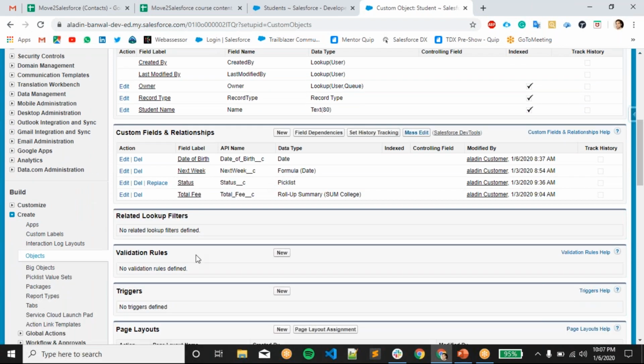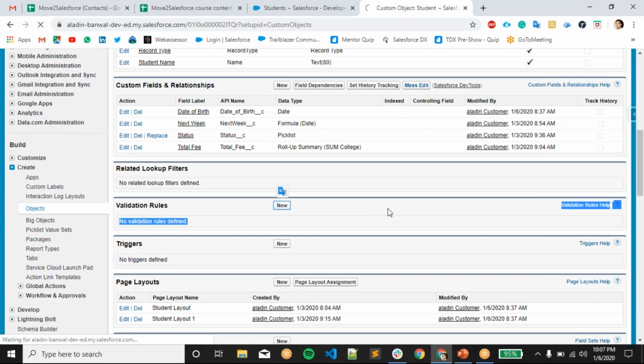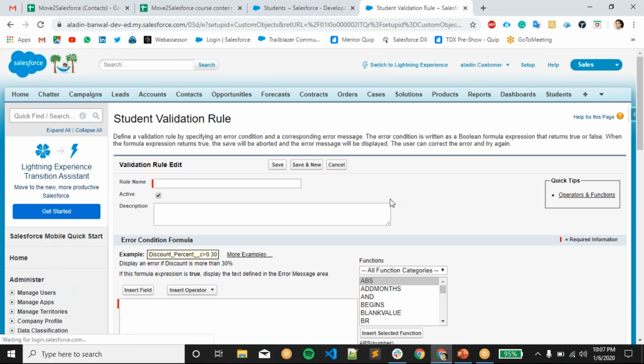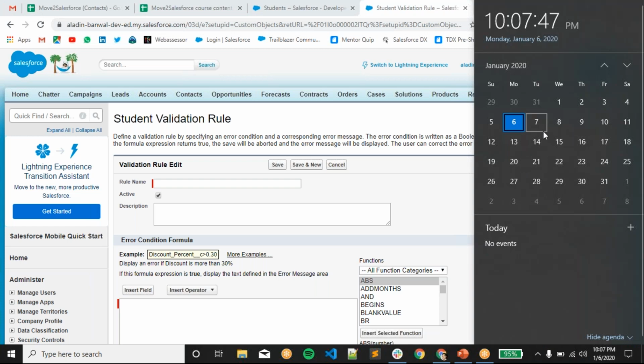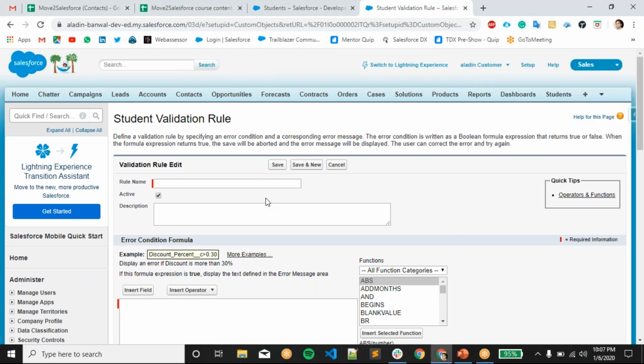Now I'm going to give a validation for this date of birth. It should not be less than today's date, so that the age should be greater than 18. This kind of validation we can give.